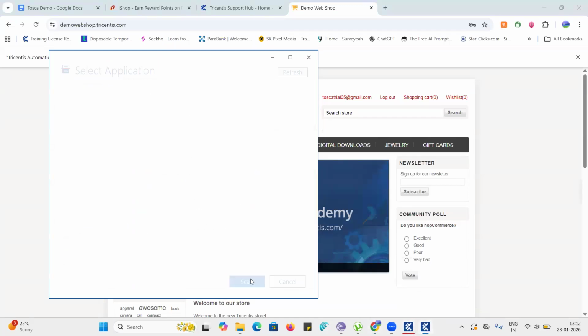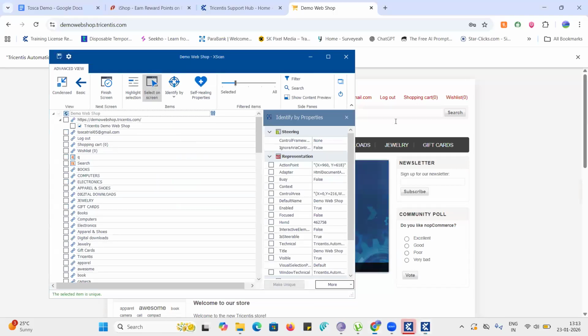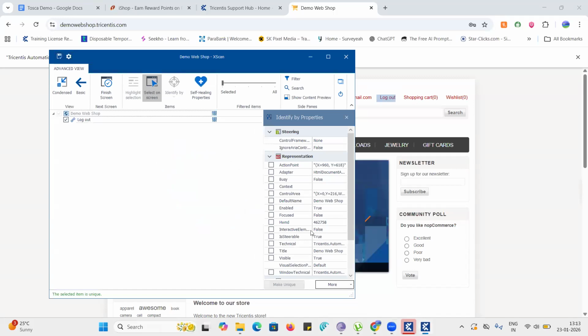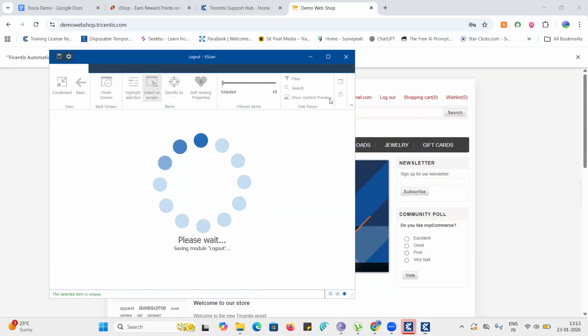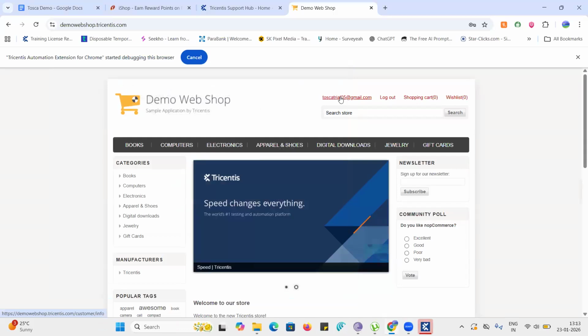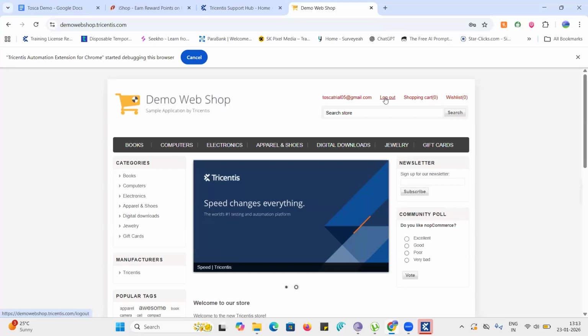Select on this and scan. We'll scan manually. Select on screen. Click on logout. Okay. Now here we'll save logout. Save it and close. Just we'll click on logout. And then the last step is